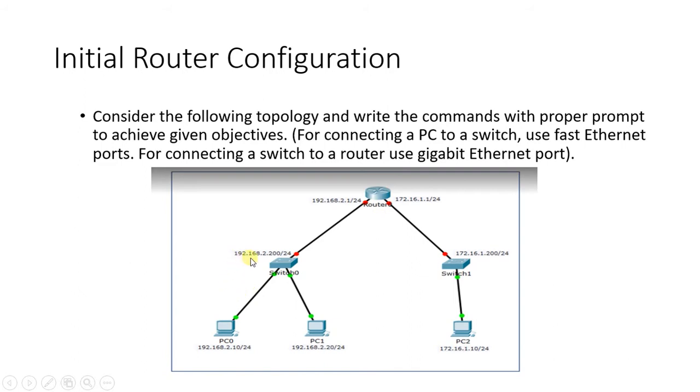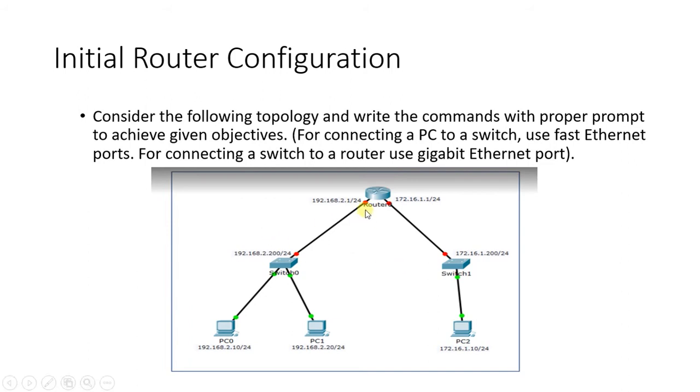So when we are saying that we need two different networks connected to a router, here we have taken the 192.168.2.0 network, and on the right hand side we have the 172.16.1.0 network. All the devices in the 192.168.2.0 network will have 192.168.2 in common, and then .10, .20, .30, these addresses we can use in this network. And here 172.16.1.1, 1.2, 1.3; depending upon the CIDR value, we can choose which addresses are usable in these networks.